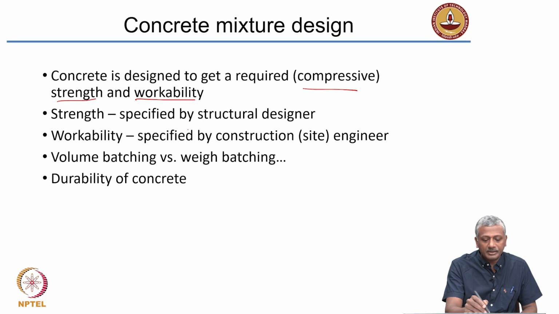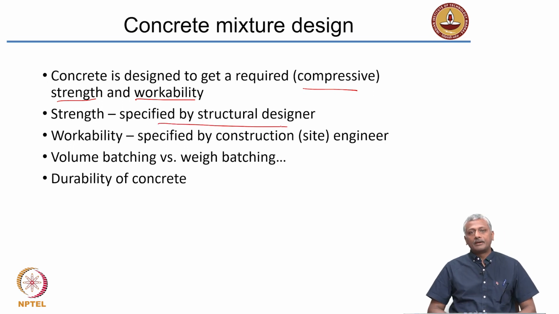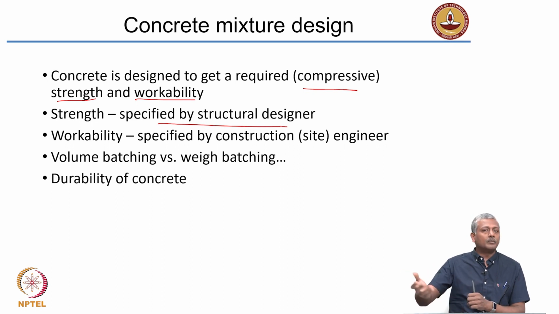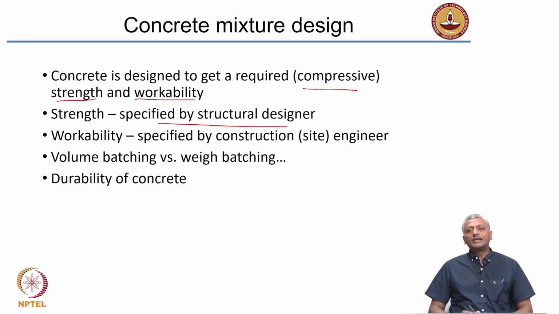As far as strength is concerned, it is specified by the structural designer. So, as I said, in a construction sequence, the first is the analysis, that is followed by design. Okay. In design, certain material properties need to be attributed to the ingredients involved like concrete and steel. For steel, most often they will be specifying something called the yield strength. Okay. Concrete on the other hand, the structural designer will say, I need to have a concrete of a certain compressive strength. Okay. Now, this compressive strength is specified by the structural designer, but it has to be ascertained by the person who is supplying the concrete for the job site.